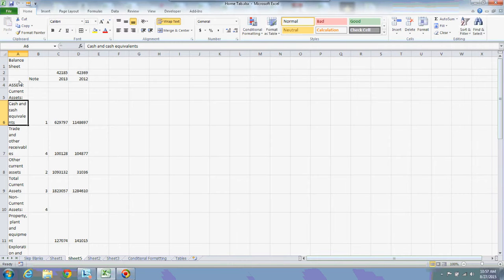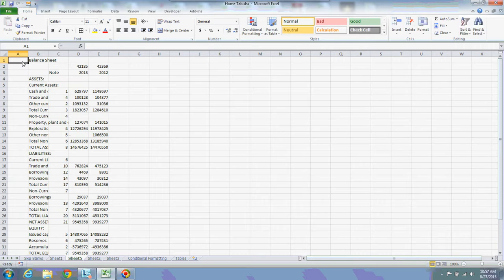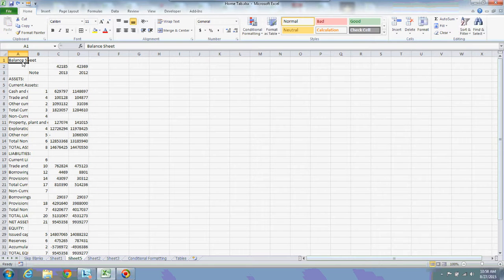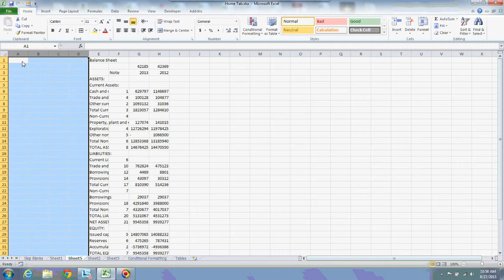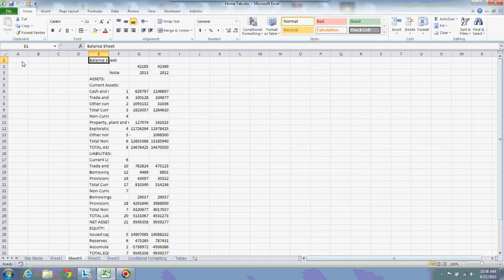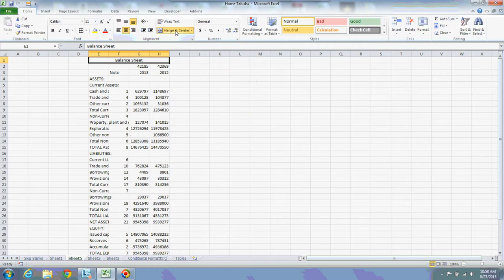Now I am going to show you one more feature. Now I am inserting some columns over here. You can insert columns using Alt I C option, or you can use Control Spacebar, then select and use Control Shift plus. Like that you can also insert. This we have already learned. Now what I am going to do is, I am selecting this area and I want to keep this heading in the middle of the portion which has been selected. Now I am clicking on merge and center.